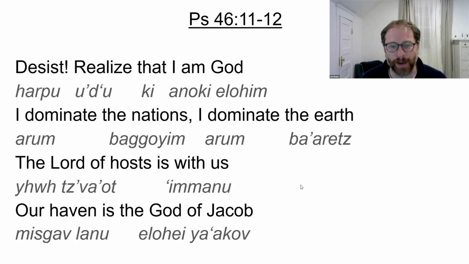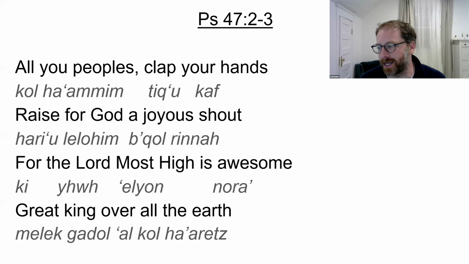I'm going to run real quick through Psalm 47, and then I'll look and see if there are any questions. There's a couple, so I don't feel too bad. I'm going to have time. I'm going to zoom through a tiny bit here. A very different